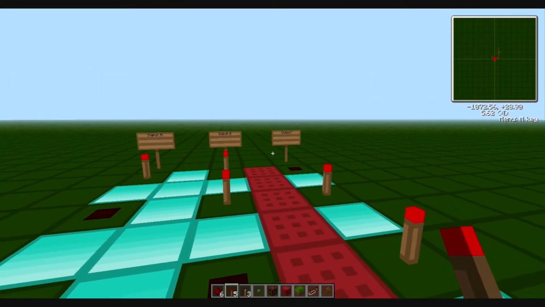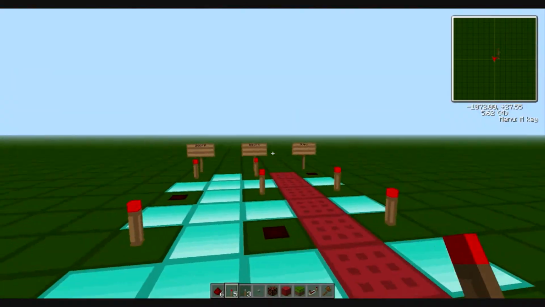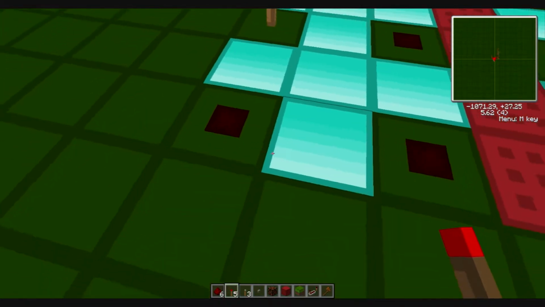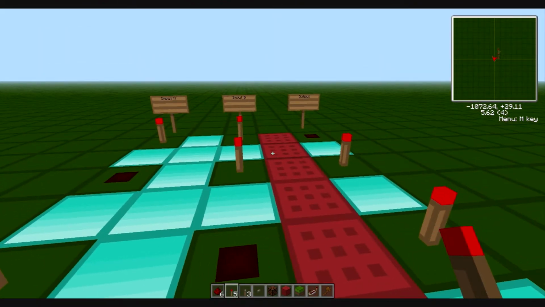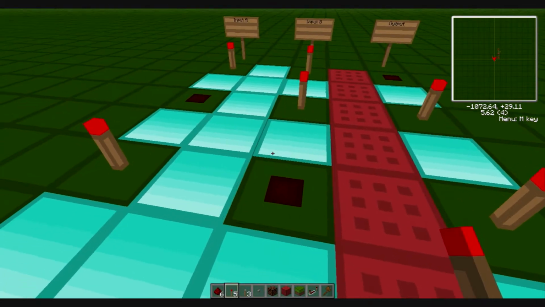If you had 3 inputs, you would technically have, I believe, 9 different combinations, but you would still have an ultimate on and an ultimate off, where all 3 are off and all 3 are on. So I'll give you a little bit of practice with this when we move on to actual